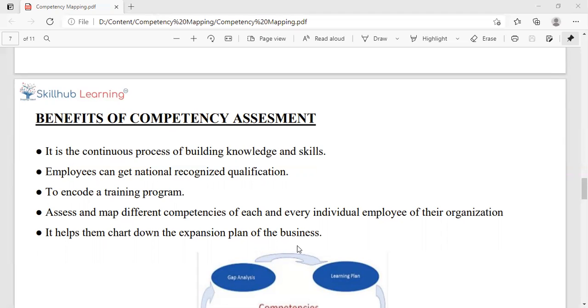Why does it not exist? Because they themselves are not aware of what skill and what talent pool they have. They do not have proper assessment frameworks to know about each and every individual. All they know is the qualification. So even the talent pool that is being created, you have the qualification of the individual, you have the experience, and whether he is able to achieve his goals or not. These are the only three things, right?